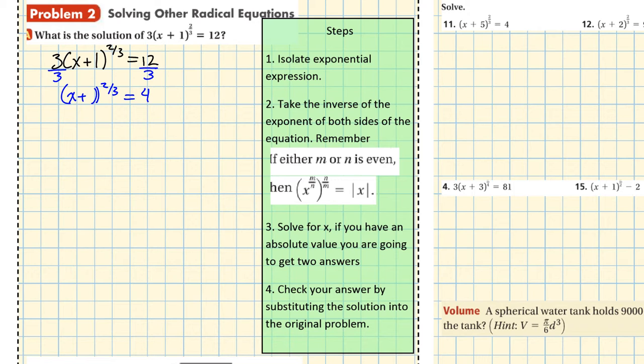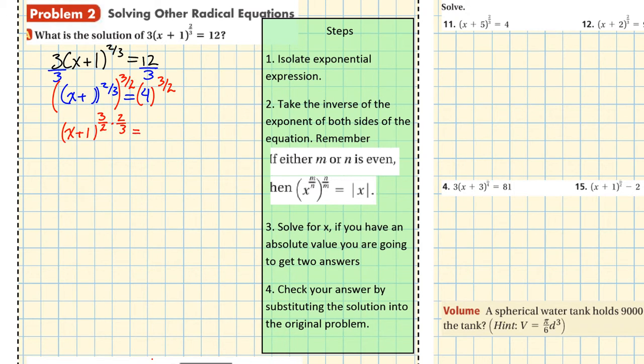Now, the next step is to take the inverse of the exponent on both sides of the equation. We're going to do so by looking at the exponent itself. We have an exponent of 2/3, and its inverse is going to be 3/2. We do so because we want to cancel out that power, okay? When you multiply them together by using the properties of powers, you're going to get 3/2 times 2/3 is equal to